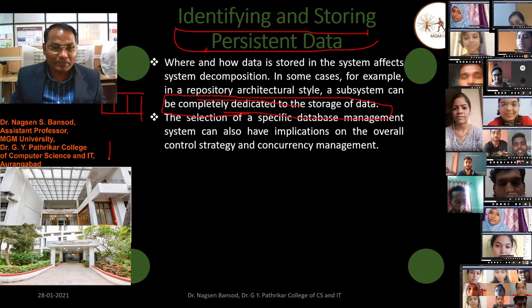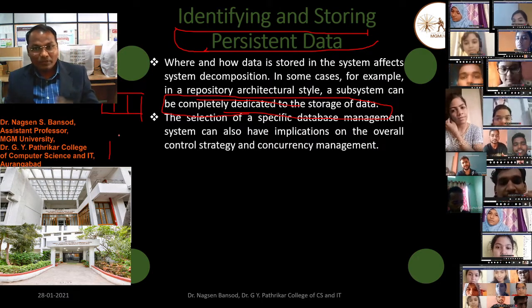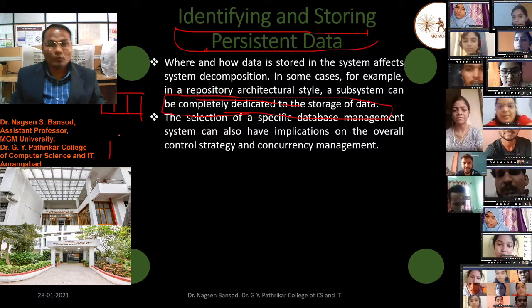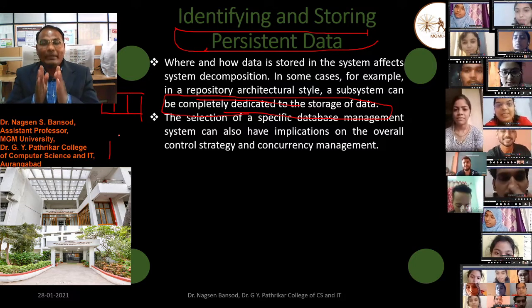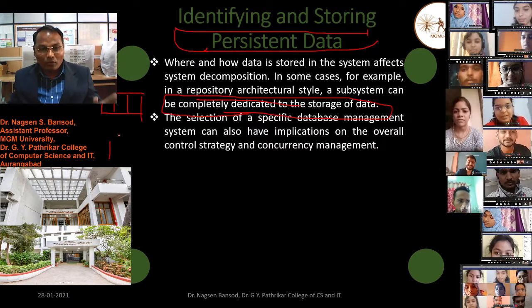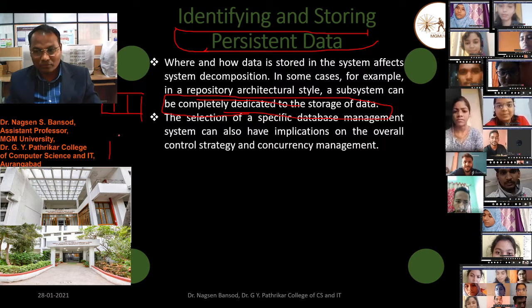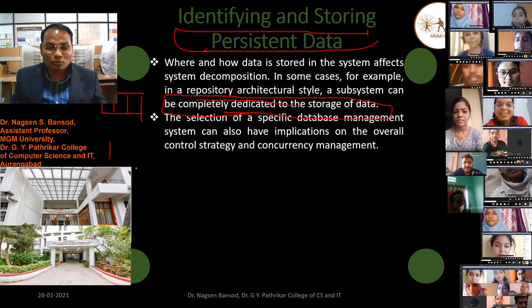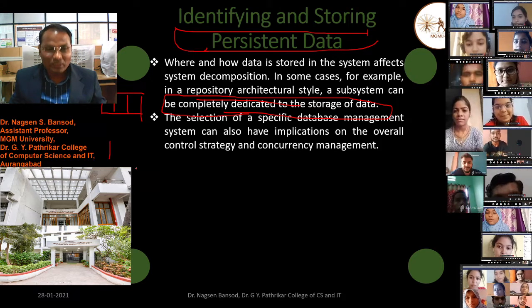Selection of the specific kind of data from the database management system. There we require some concurrency management. Suppose we have huge data of our college students, but now we want to know which students are absent from today's lecture.